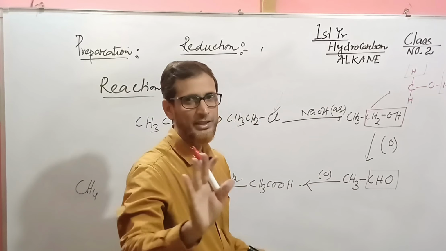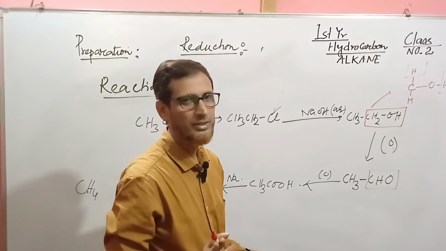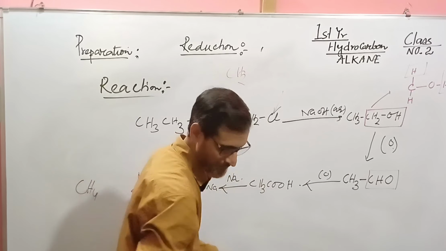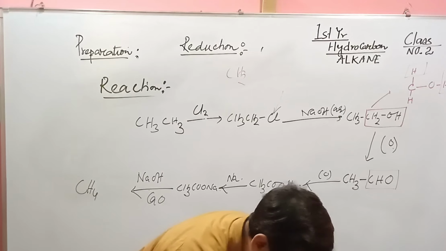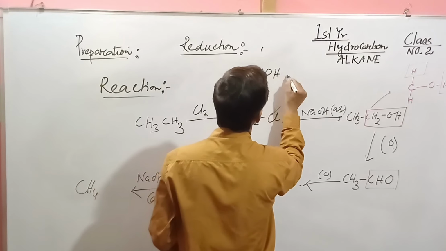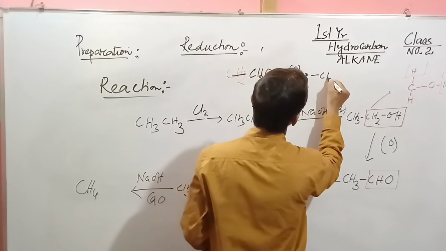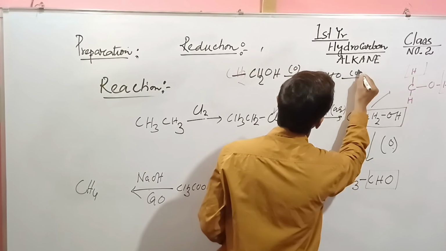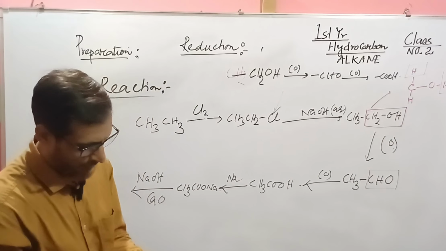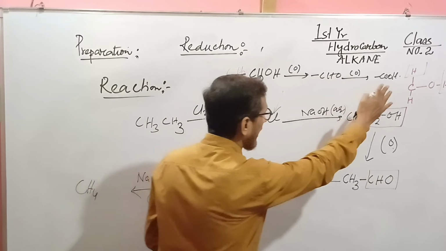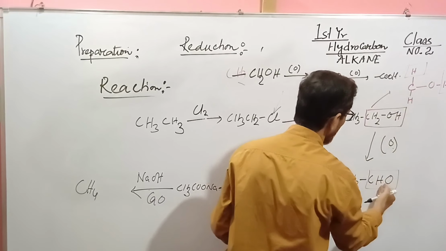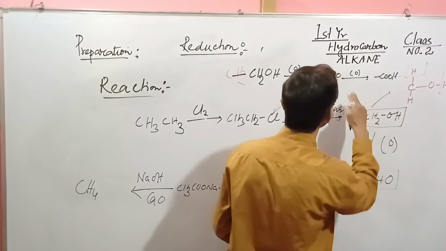If you find it complicated now, for those who are beginners, just keep it in your mind: CH2OH on oxidation becomes CHO, and on further oxidation becomes COOH. Shortcut, a simple shortcut. Keep it in your mind. And that is the reason I have shown you this. If oxidation means removal of hydrogen, I have removed hydrogen, that becomes CHO, and again on further oxidation, CHO becomes